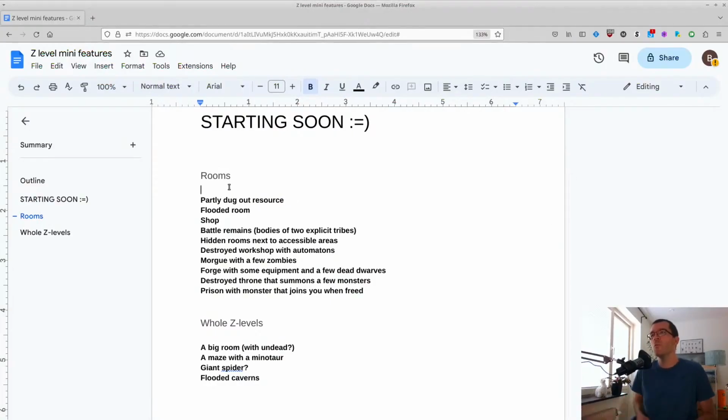There's this new type of Z level that I added a few weeks ago to the game that consists of a few independent features that are placed randomly on the level, and they are connected by corridors. So the idea is to add some content,